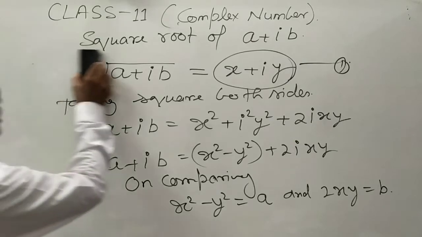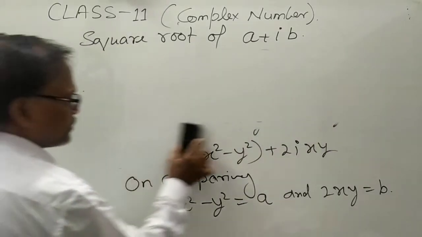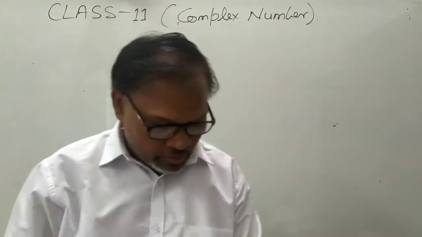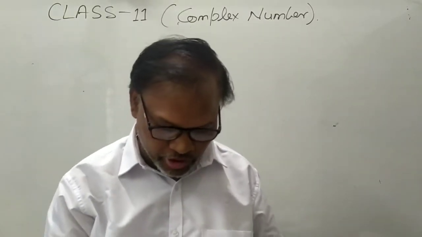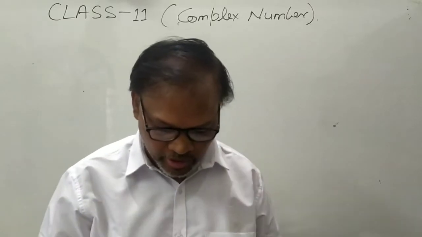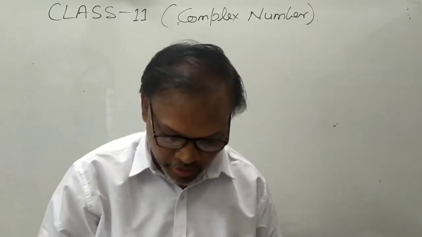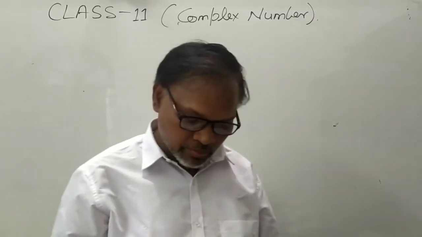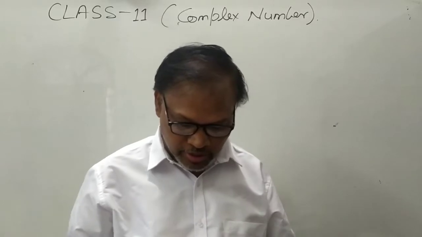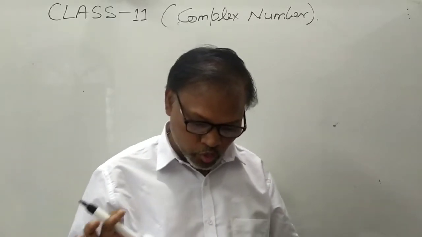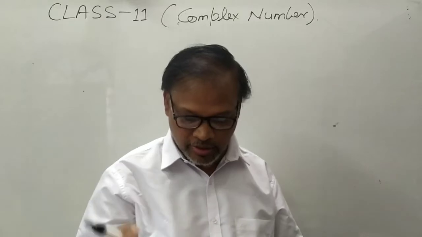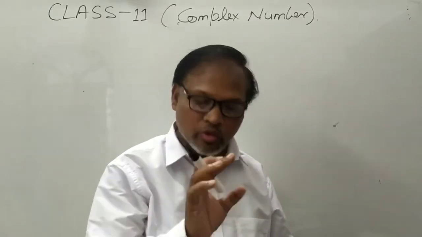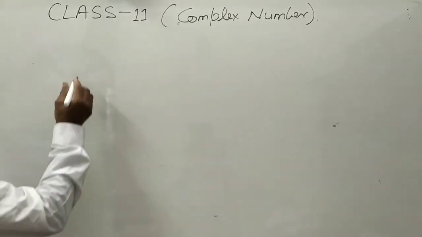Now I take the question here. Question number 1, exercise 5.5. Find the square root of minus 7 plus 24i and verify your result. Minus 7 plus 2i or minus 3 minus 4i, all the questions are the same. Whichever one, 1, 2, 3, 4, you have to do the same thing in all. So I will tell you one example question, and then you can do the rest. Minus 7 plus 24i.